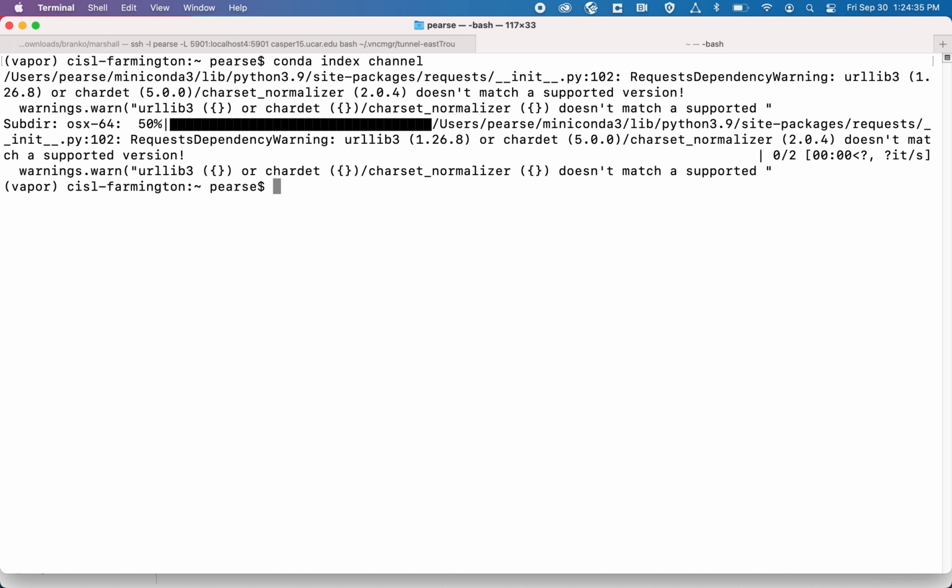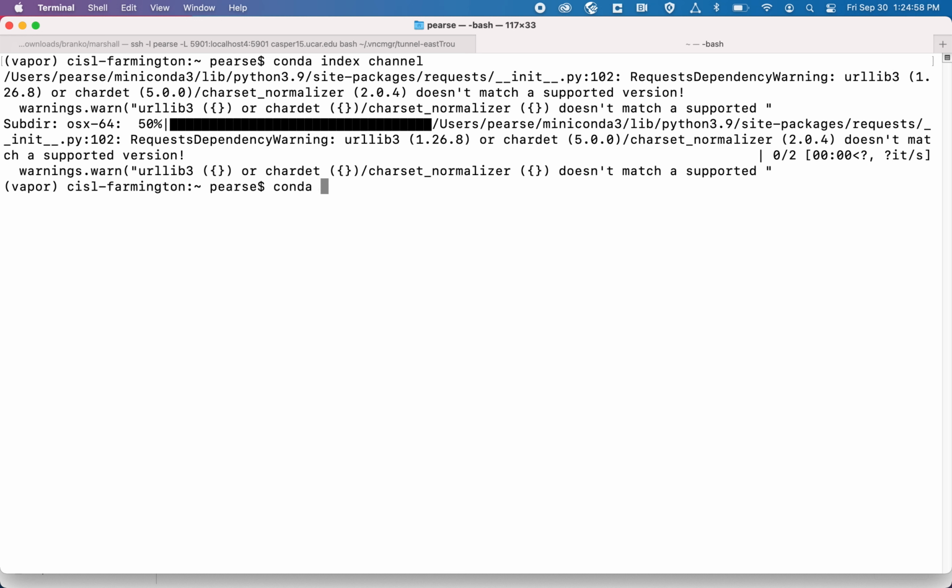There we go. Before I install, what's going to happen is Conda is going to look at Vapor's package, and it's going to look at all of Vapor's prerequisites, all of our third-party libraries. And Conda is going to need to look for those third-party libraries from different remote channels. And so what I have to do next is do conda